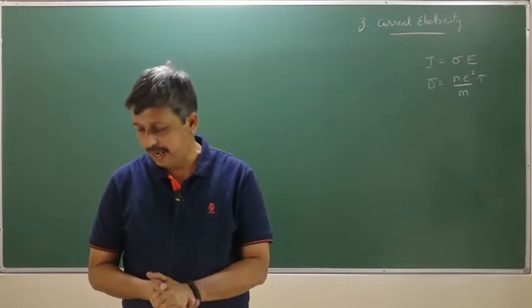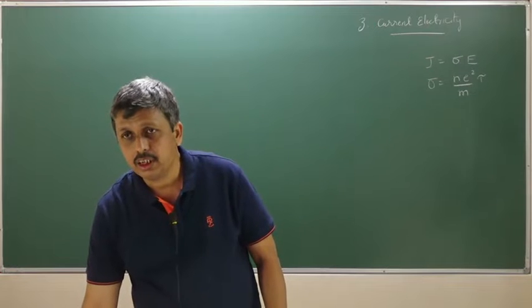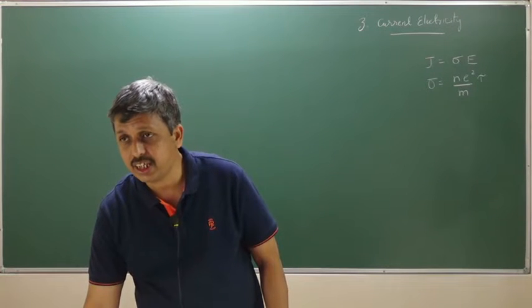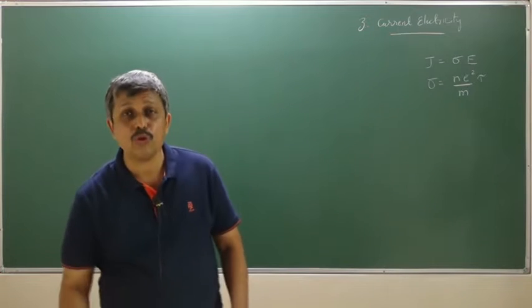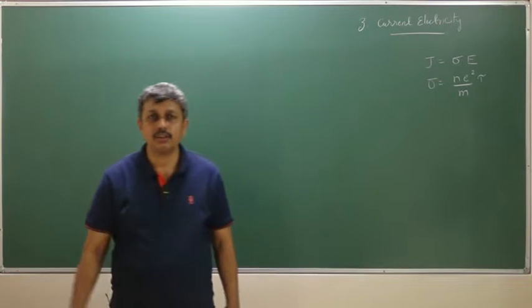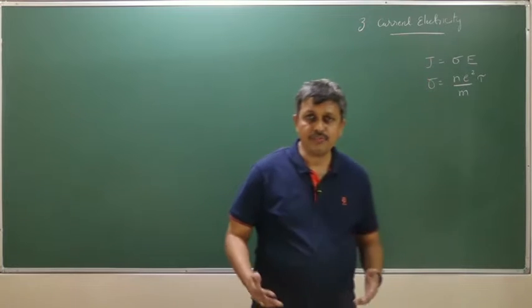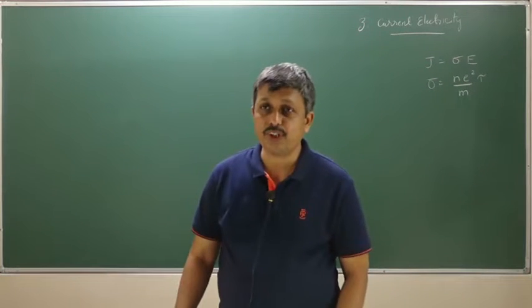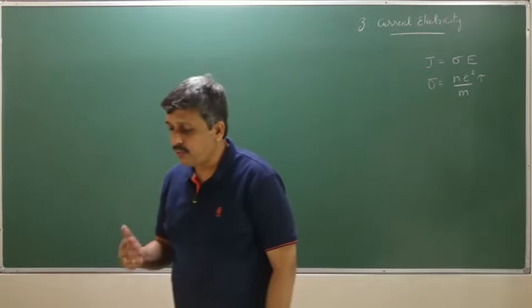Hi, welcome back. We are in the third chapter talking about current electricity. So now we have completed basically the understanding of what the current is, what is meant by current, and understanding Ohm's law from the point of view of the physics, where we talk about V is equal to IR. Similar to that, we talk about J is equal to sigma E, and we also defined what is a